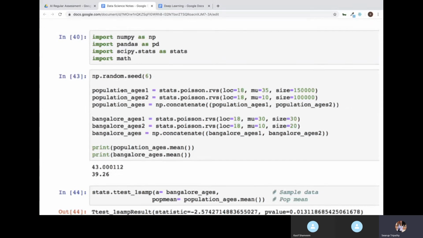Now we can also maintain the randomness. Whatever data I am getting on my system, you can also get the same kind of data if you maintain the randomness. That is called the state of randomness, or we call it a random seed. We can set a seed. A seed is nothing but where and in which pattern the random data has to be selected.